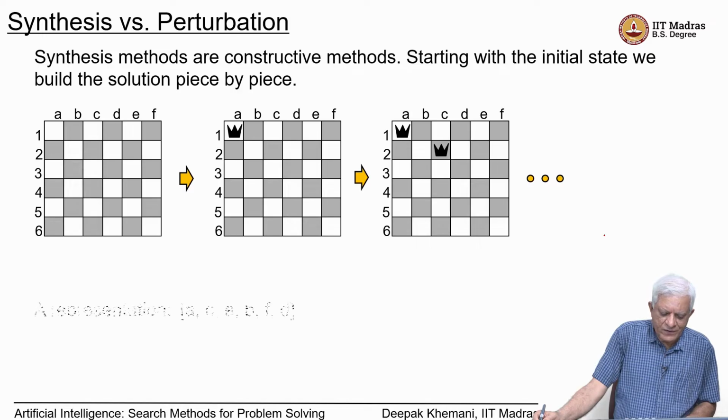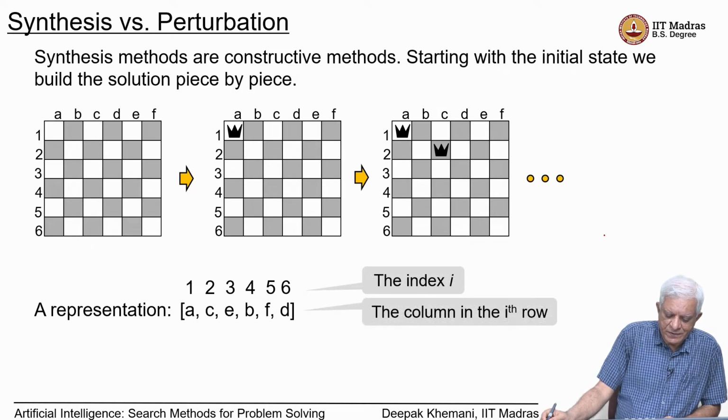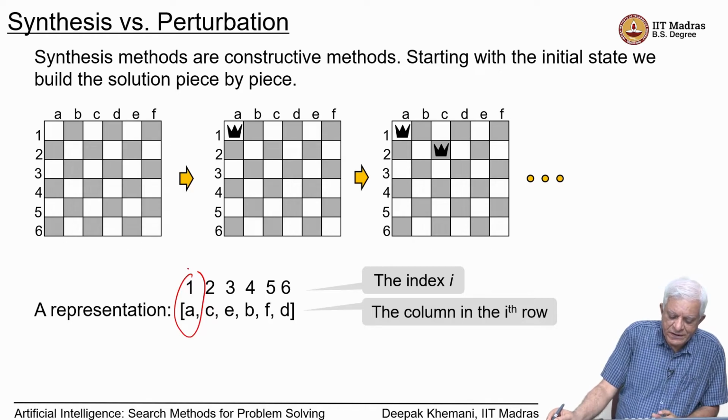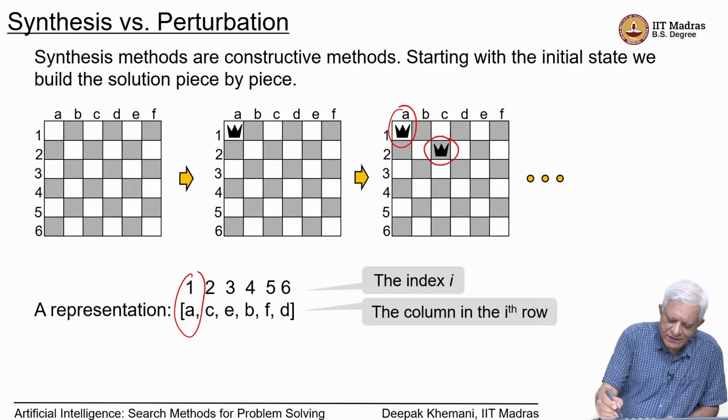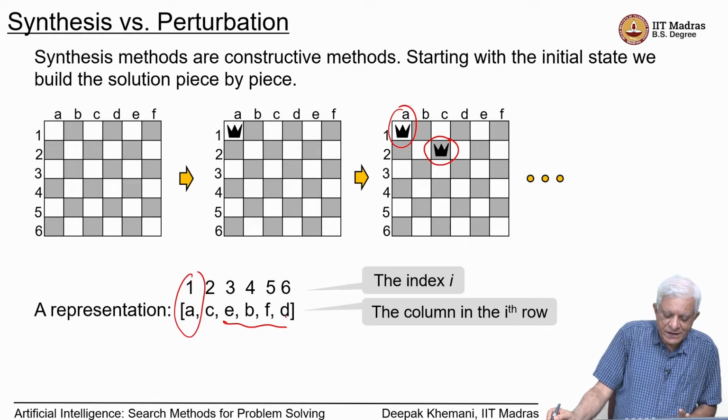On the other hand, look at the following representation. We have an index which represents the row number on the board, and we have values for those indexes which are the column numbers on that board. So, when we say that the first element in this list is A, we mean that the queen in the first row is in column A, as you can see on the diagram. Then the queen in the second row is in column C as shown here, and the rest says that the third queen is in column E, the fourth is in B, and F and D and so on. So, this is a representation of the n queens problem as a one dimensional array, where